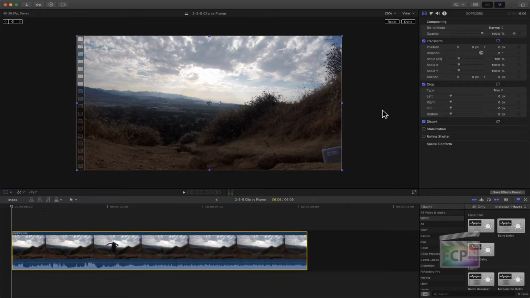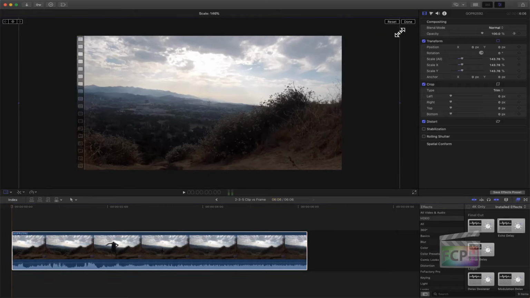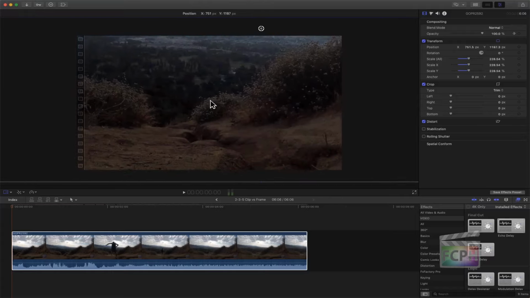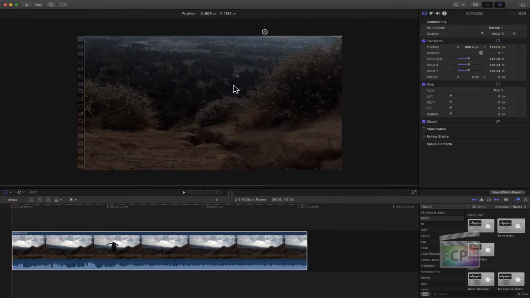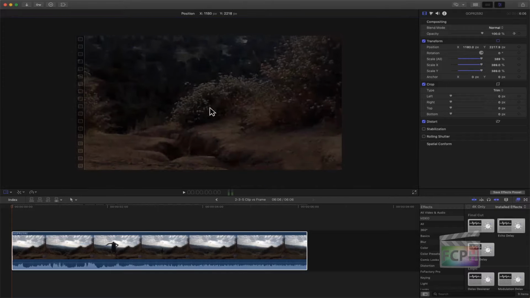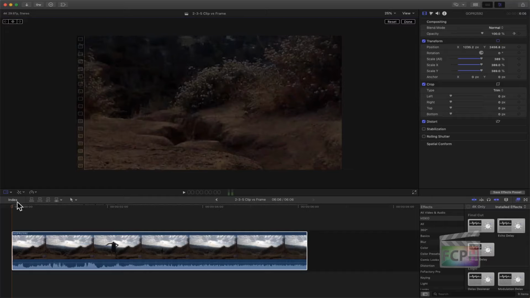I can see my transform tool, and I can adjust it to zoom in, but that's kind of difficult if I want to zoom way in close, and I'm just clicking and dragging to move this around. So I'm going to use the inspector and the scale to zoom way up, and I want it to start right here. So my playhead's at the beginning. I'm going to click on the position and the scale to add a keyframe. This is over on the right side of the inspector,